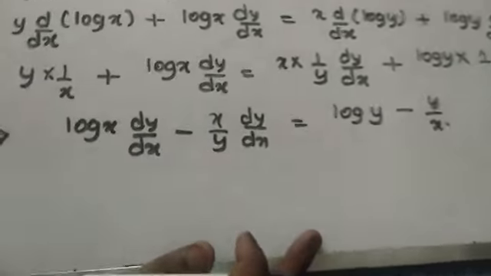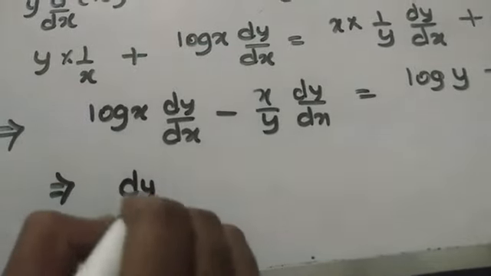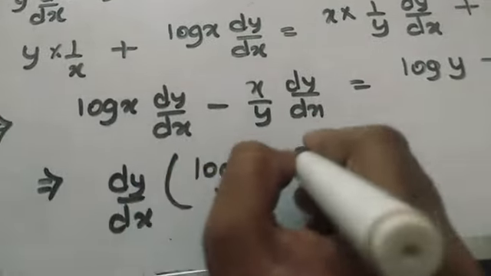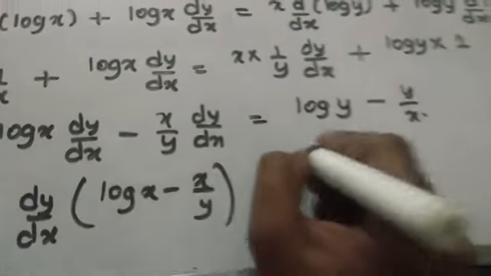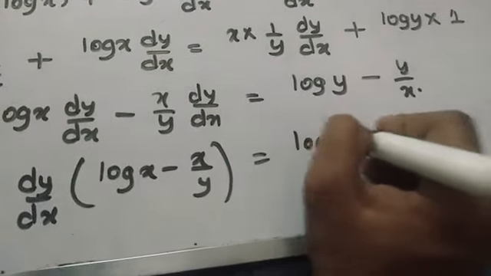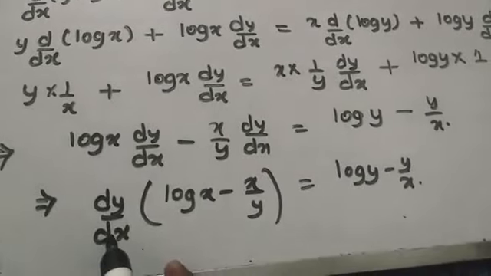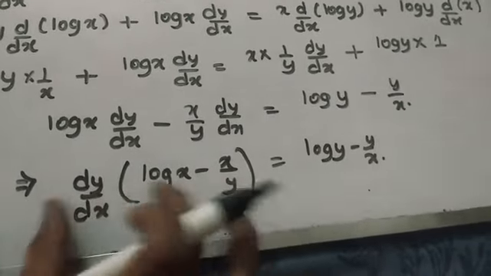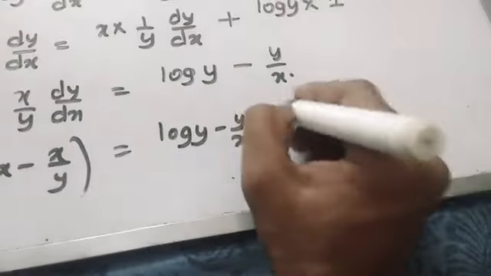Now taking dy by dx common, that is log x minus x by y, and that side log y minus y by x. What we required? Just we require dy by dx. So we will take this bracket term. This is in the form of multiplication. If it goes to that side, it will become division. So finally your dy by dx